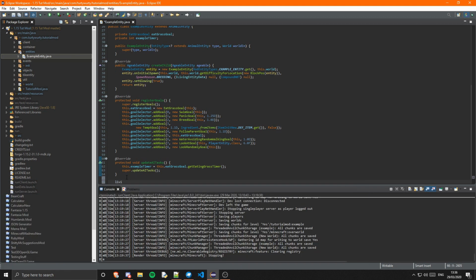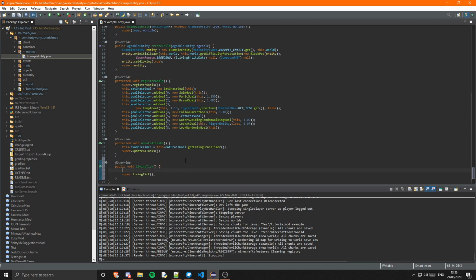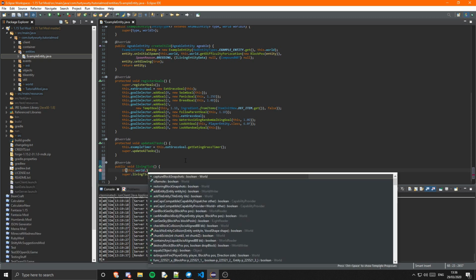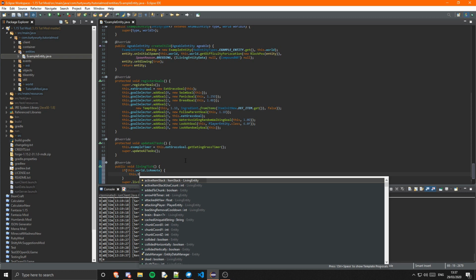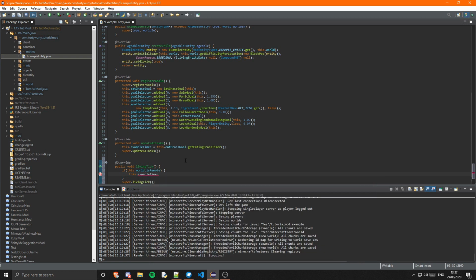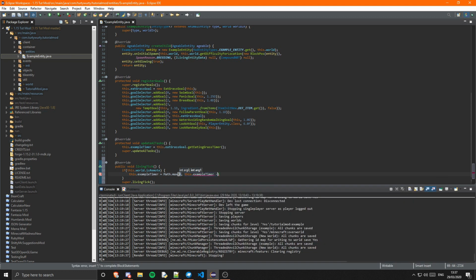And then livingTick, so this is basically what you do while the entity is just going about. So in here we can do if this.world.isRemote, so if it's client side, you need to do this.timer is equal to Math.max(0, this.timer - 1). That just does some maths to work out the timer. And then super,